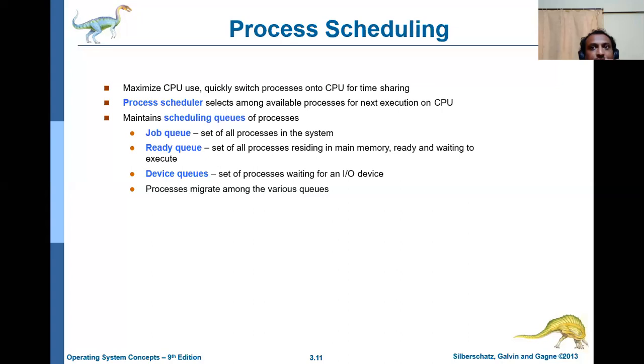So for servers also, maximum utilization means it must be able to accommodate the maximum number of people's requests at the same time. That is what is called maximum utilization of CPU.